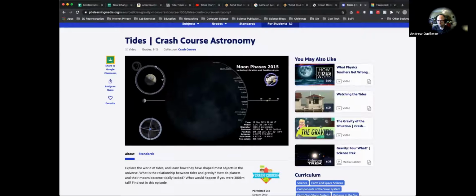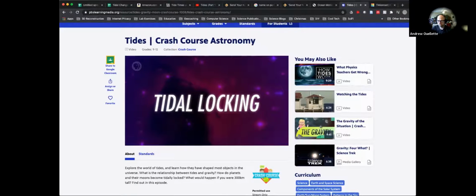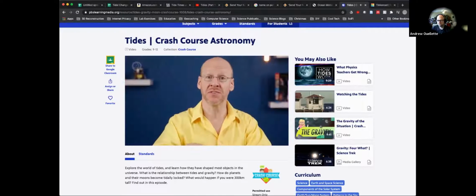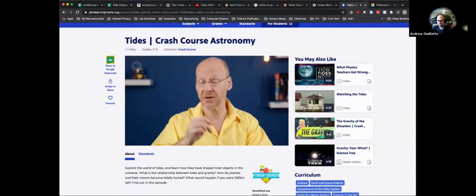But since it does spin once per orbit, we only ever see one face. This is called tidal locking, and it's worked on nearly every big moon in the solar system. Tides from their home planet have matched their spin and orbital period. These moons all show the same face toward their planet. Now wait,